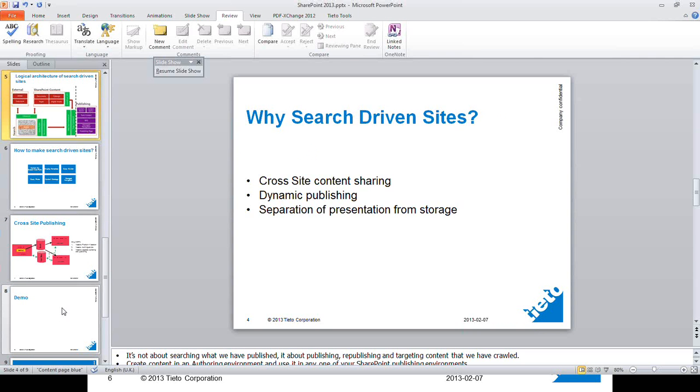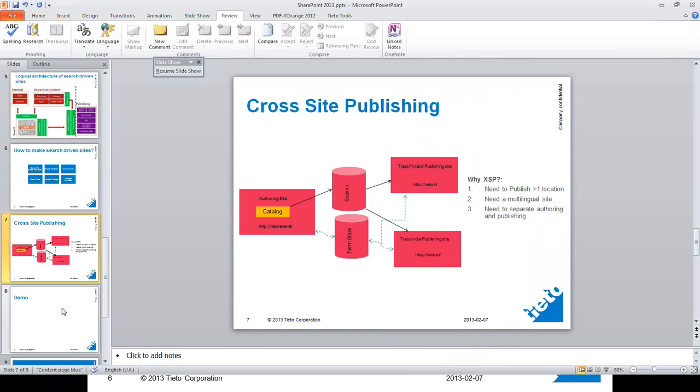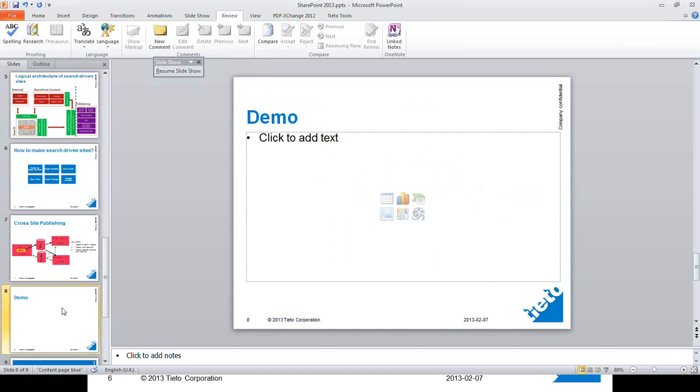I think I'm just reaching the last slide. You must have heard this word called cross-site publishing, and I'll explain why we need cross-site publishing and how we can achieve this. I have a very simple demo where I want to show you, again using a web part, how we can